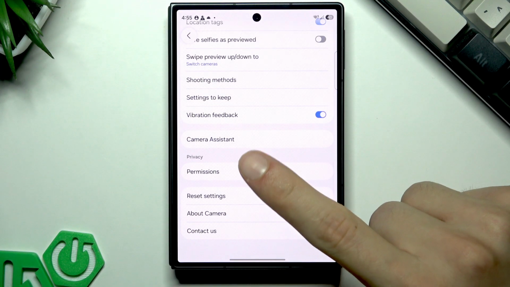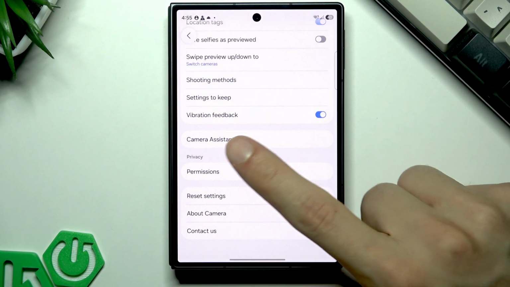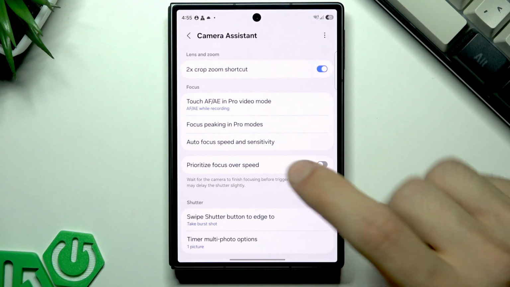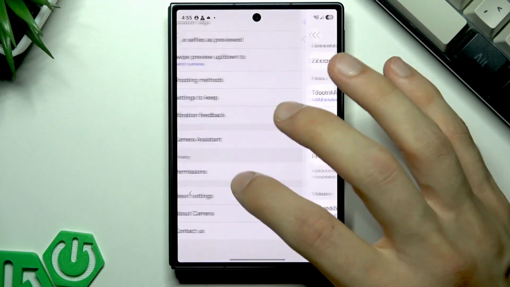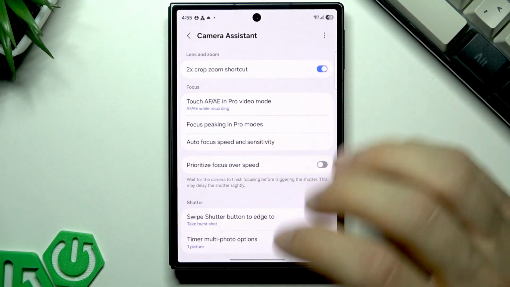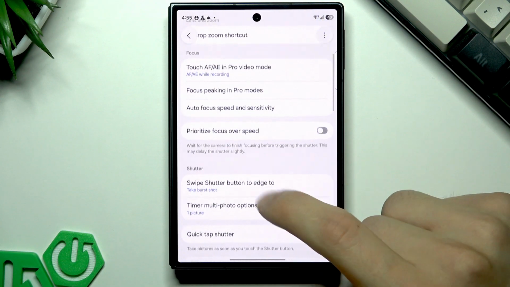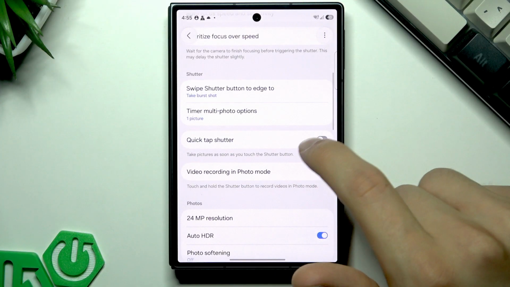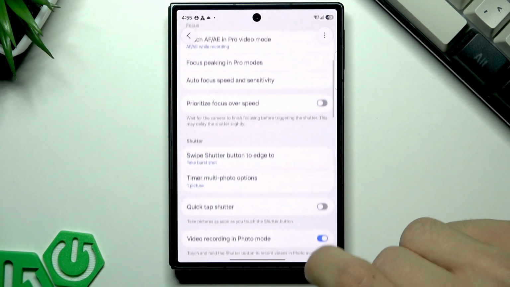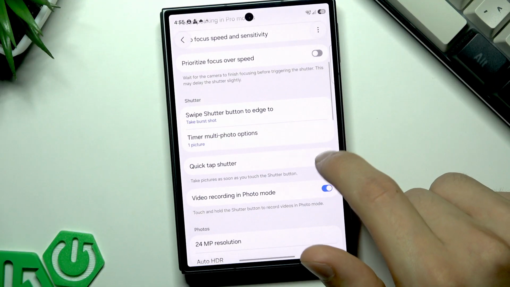After that, we're gonna have to scroll down all the way to the bottom of the list until we find Camera Assistant. This is a module that has to be installed separately, so the first time you tap on Camera Assistant, you're also gonna have to tap Install to confirm. And here we're gonna have to scroll a bit down and enable the QuickTap Shutter. So just switch this feature on,